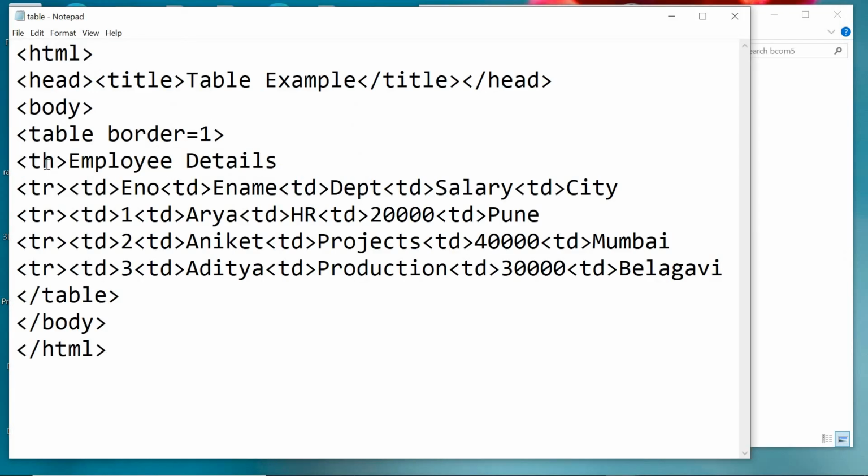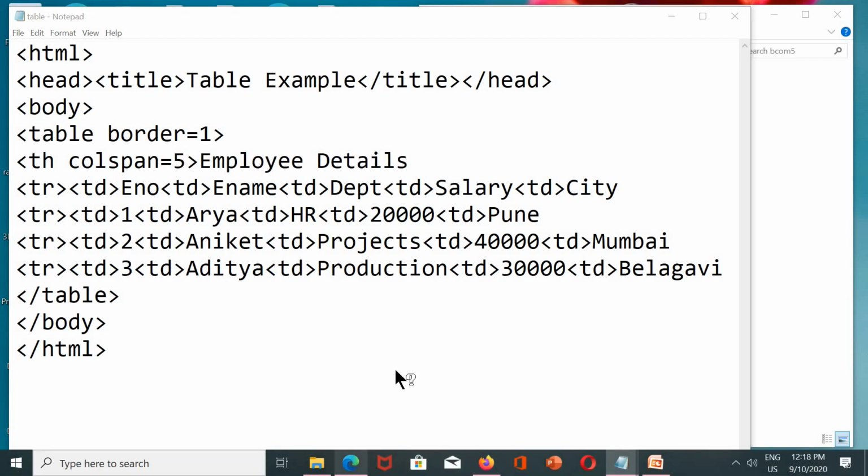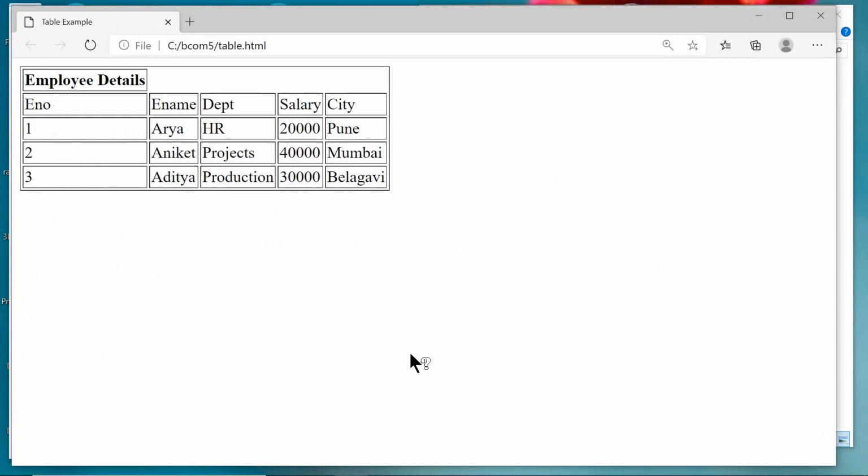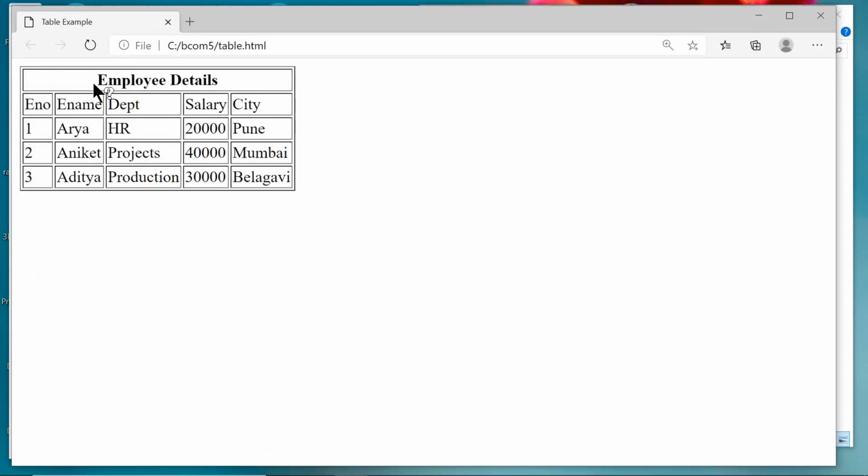Back to the HTML coding, th space, then colspan equals 5. Save this one. Back to the browser, reload it. We can see here.